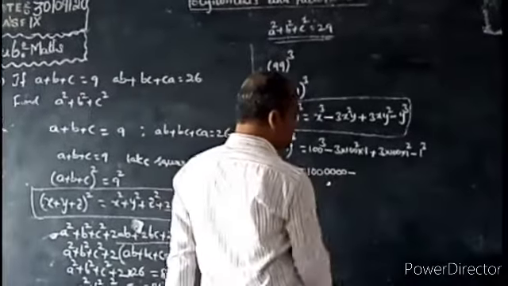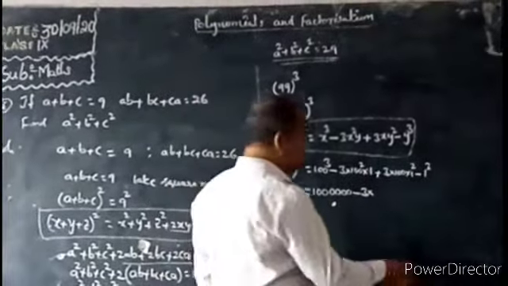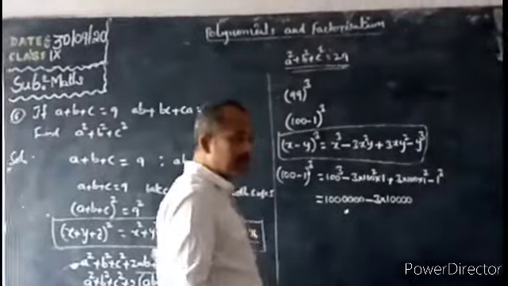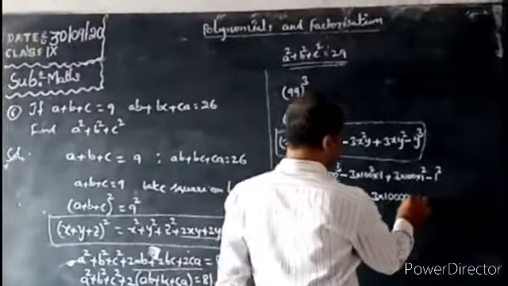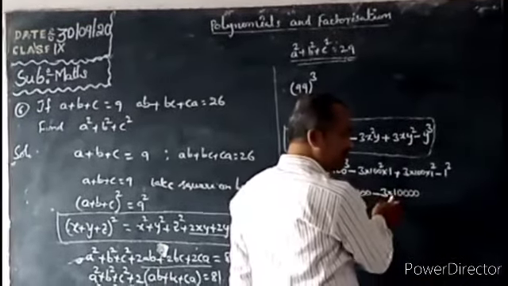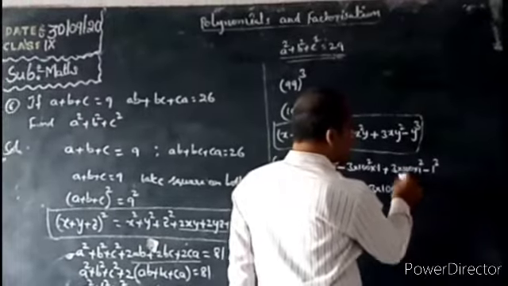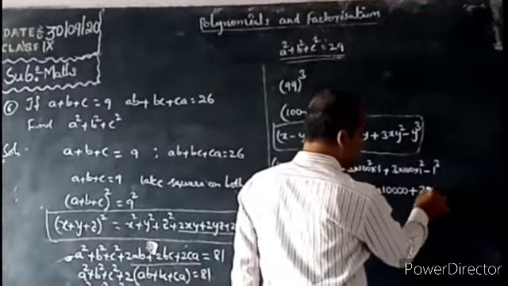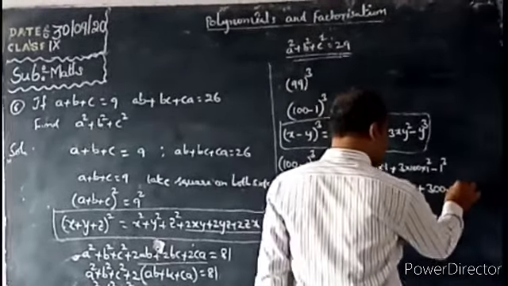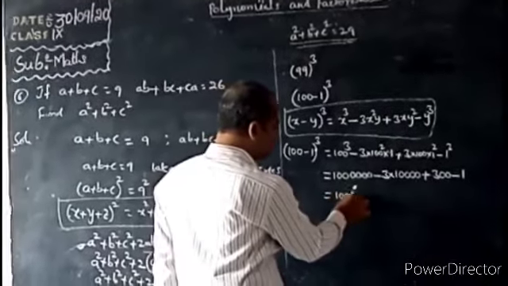Now minus 3 into 100 square. It becomes 10,000, 4 zeros we are getting. Next, multiplying by 1 means the same number. 3 into 1 is 3, and 100 square is 10,000 as I wrote. Plus 3 into 100, that is 300. 1 square value is 1 only. Next, 1 cube value is also 1. Now simplify it. How much is the value?